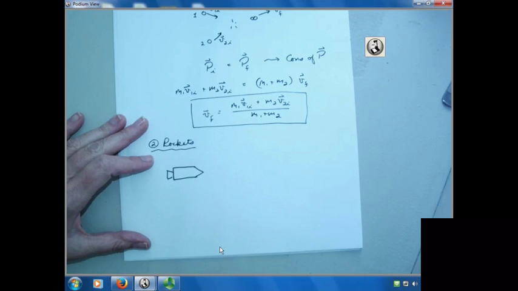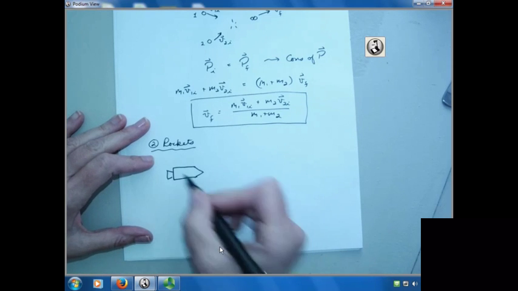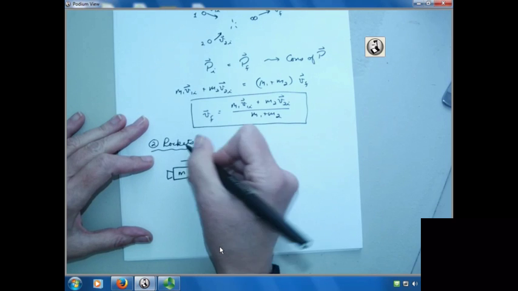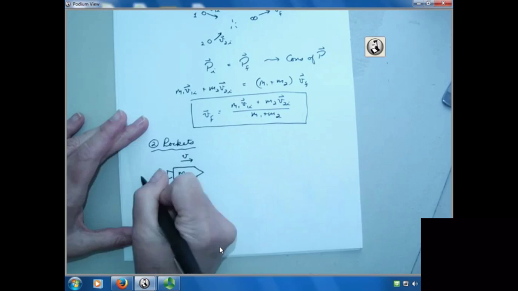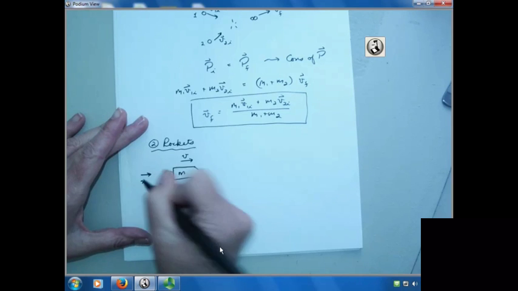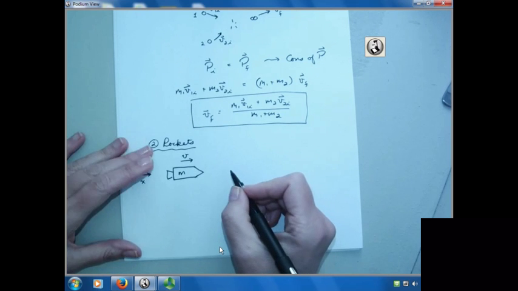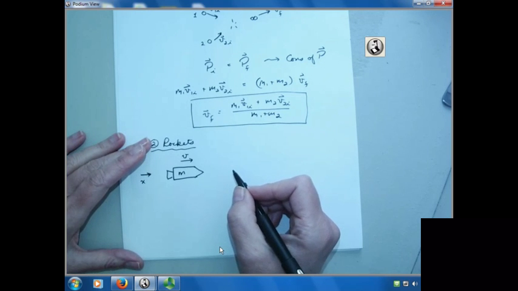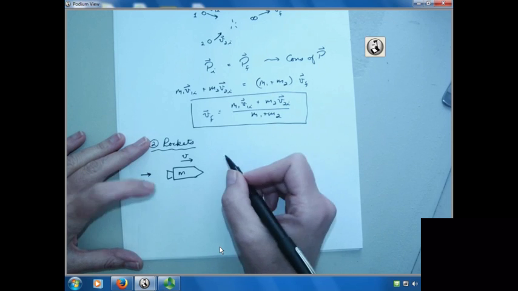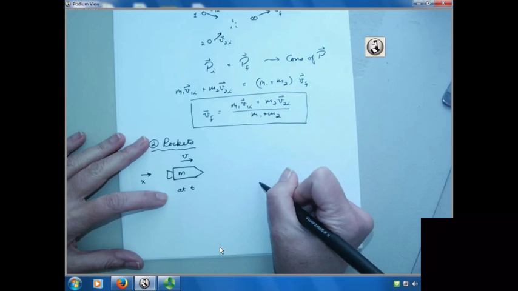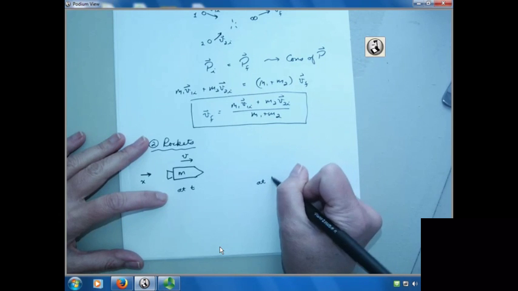All right, and at some time t, it has a mass m, and is moving with a velocity that we'll call v, and I'm just going to have it moving purely in the x direction, so that you could think of it as v sub x, but I'm just going to call it v. It's moving in the x direction. All right, and then at some later time, so this is at time t. At a later time, so I'll say at t plus dt,